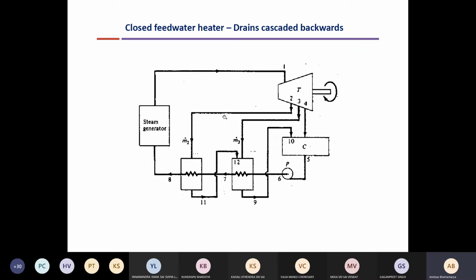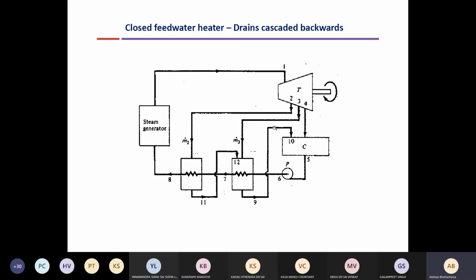This is passed to a heat exchanger, which is known as the closed feed water heater. This is a shell and tube type heat exchanger. I will come back to this later, but let us consider that this steam is passed through this shell and tube type heat exchanger. So the rest of the steam gets expanded, and again a small amount is extracted as state 3, which is at a lower pressure and temperature as compared to state 2, but higher pressure and temperature as compared to state 4. So, some intermediate state.